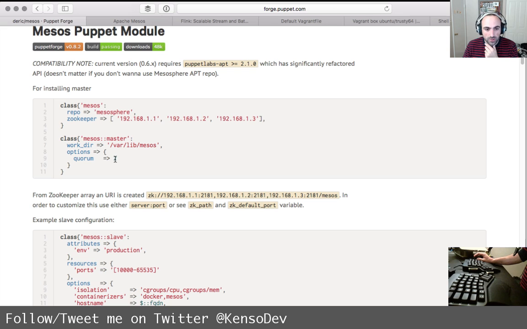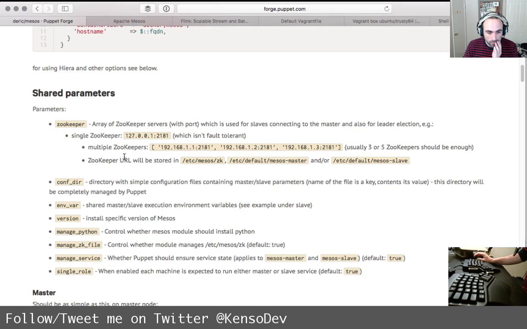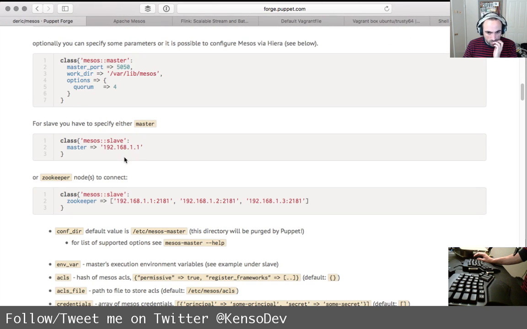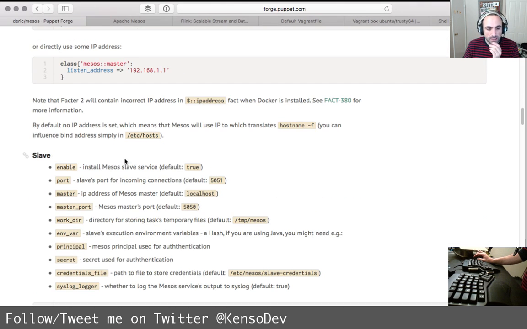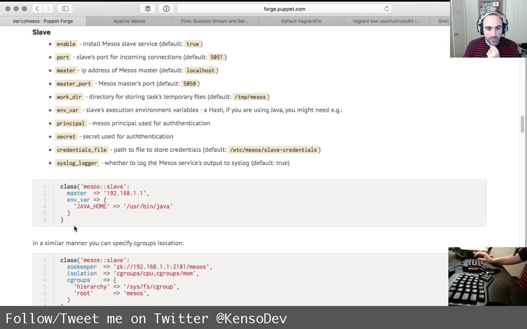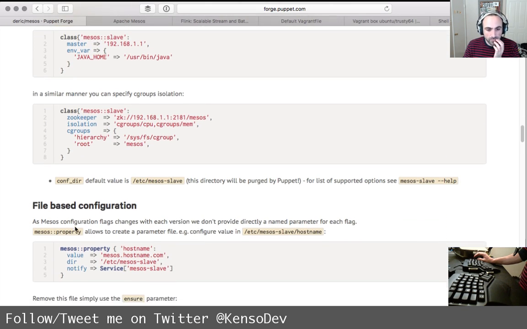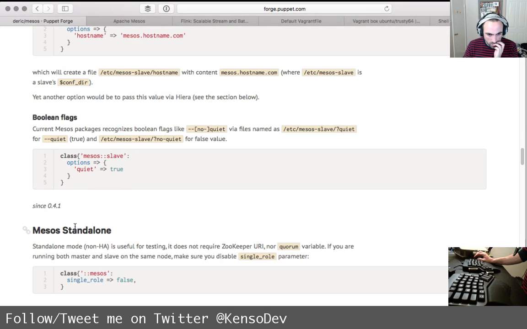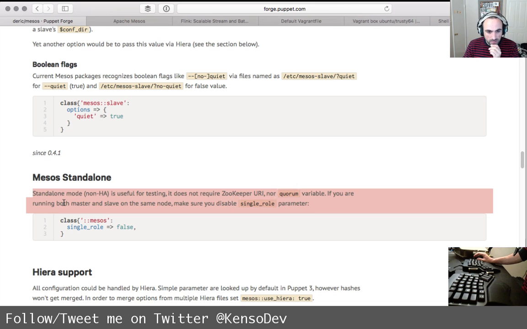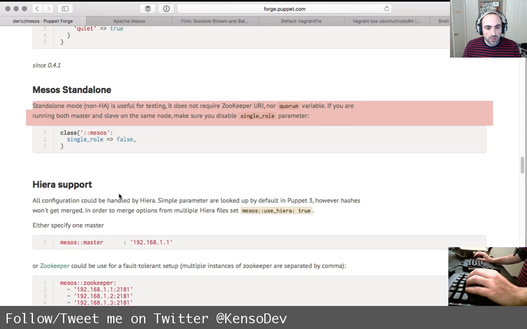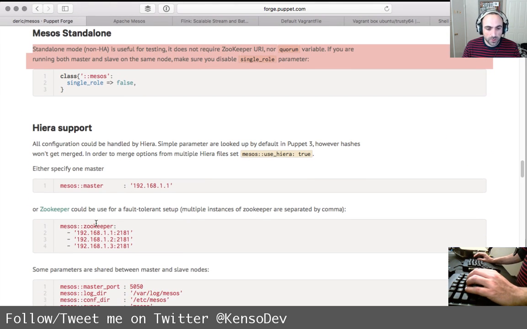Okay, so var lib mesos, and quorum is 2. Do I need a master ID? I think I need a master ID. It's useful for testing. It does not require the zookeeper URI nor the quorum variable. If you are running both master and slave on the same node, make sure you disable the single role parameter. Okay, so mesos master, mesos zookeeper.